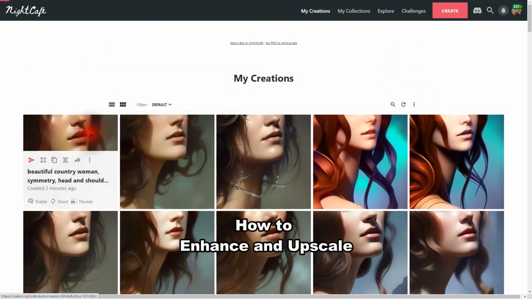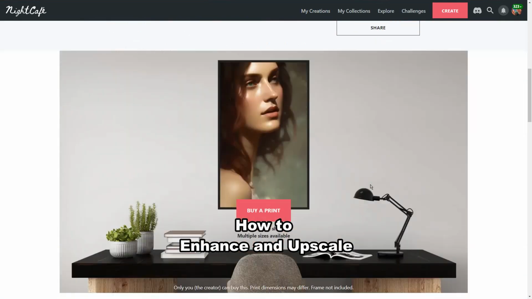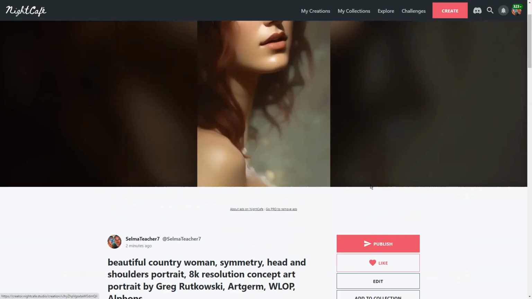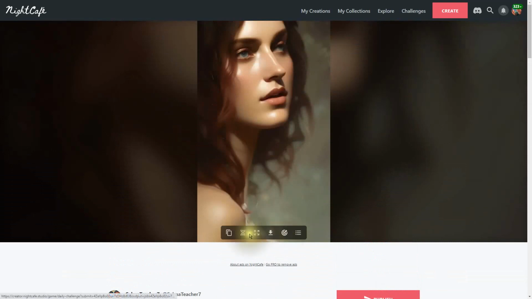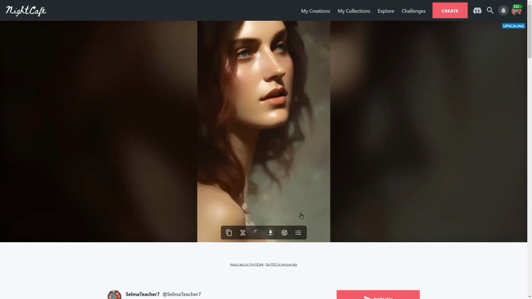And let's see here. So let's say that you really like this one and you want to enhance it, because remember the original subscriber said that he wanted this to be in a large image, right? So what I'm going to do is click on enhance. This is when you do have to start using your credits. So I'm going to enhance it 4 times. So upscale. I'm upscaling and it will be enhancing it at the same time. And let's see what the results are.